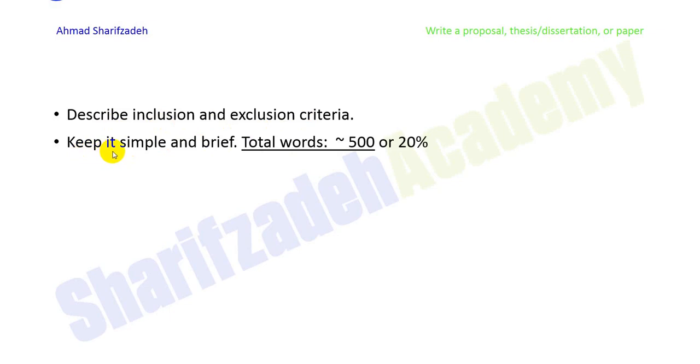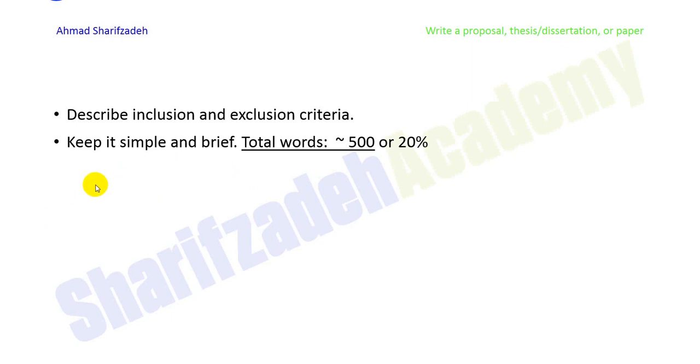We have to keep it simple, but this doesn't mean that we can skip something. We cannot tell a little bit of the story and keep the rest for the other sections. I have to tell as much as possible so that the readers can replicate the research,